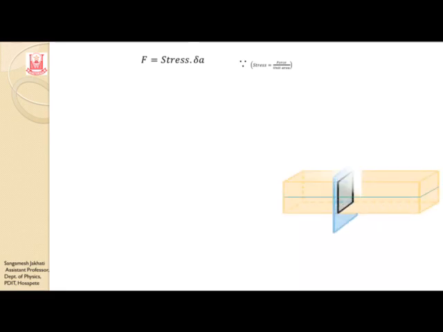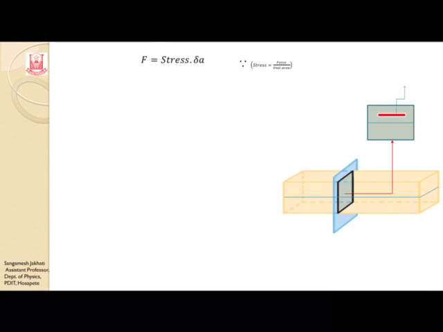So where is that delta A we have taken here? This is a beam. The blue colored marked line is a vertical cross section, and the green area is the vertical cross section area. Separately I am taking that vertical cross section area. In that vertical cross section area there is a red portion, which represents the elemental cross sectional area.